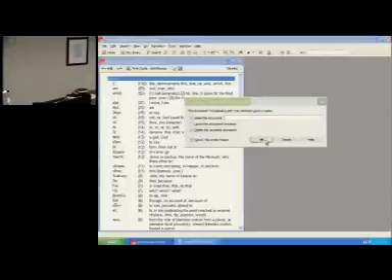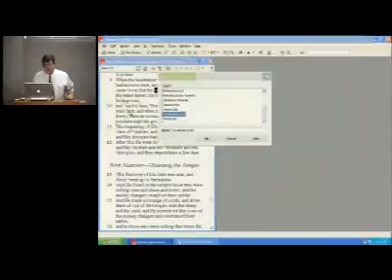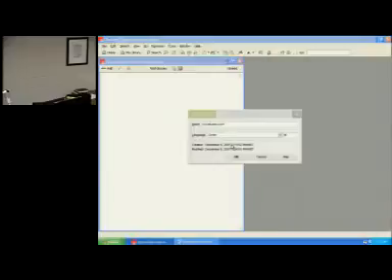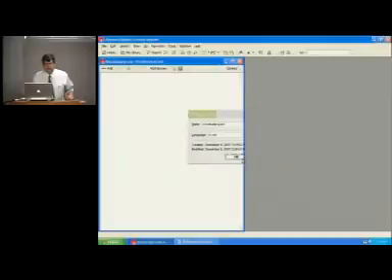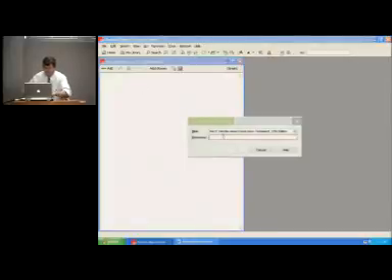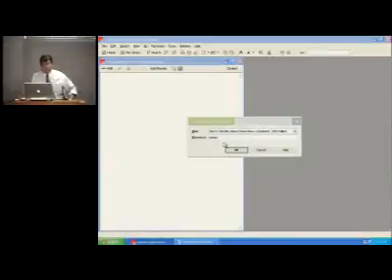Go File, New, Vocabulary List, say OK. It'll open. Leave the default language as Greek, say OK. Under Add Bible Passage, leave the Bible at the Greek text that you did before, and just type in the word James. And say OK. Now, like I said, because of the Polycom system and a couple of other things, my computer